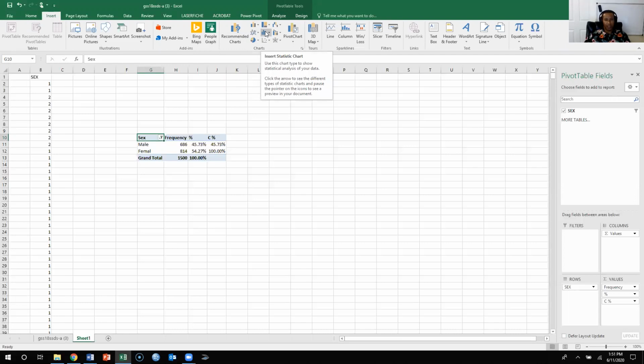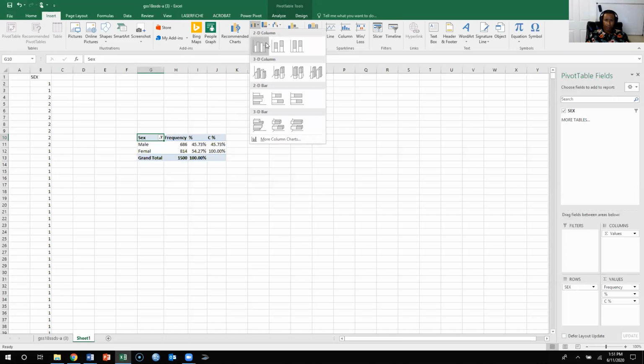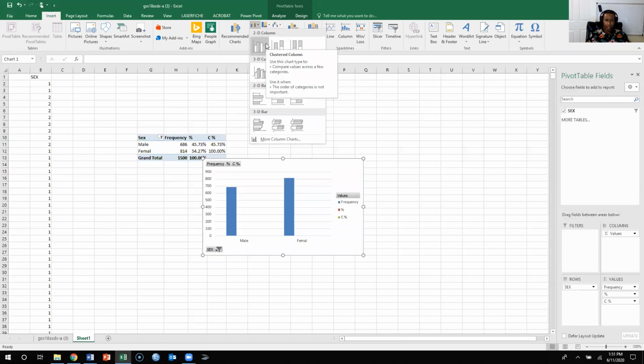It doesn't say histogram, but it's essentially what it is. Okay, so since we know that sex is nominal, we can choose either a bar graph or a pie chart. I'm just going to show you how to do a bar graph right now. So we're going to click here, and then let's just go with the first one, bar